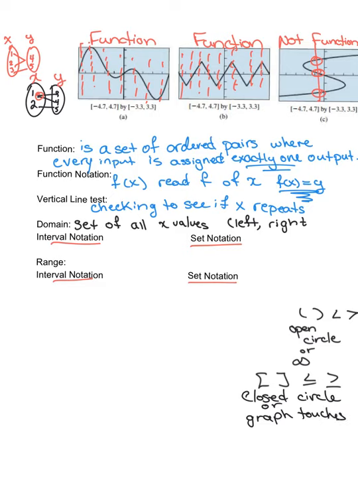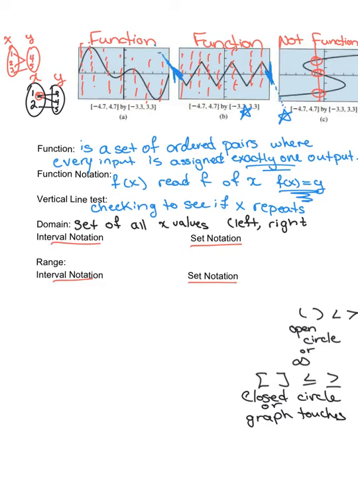Okay, so what I am going to do is look at this one and this one for interval notation and set notation. Okay, so if we look at this first one, and I was to extend these arrows, because that's what graphs do, they go on infinitely in both directions, and I was to continue this and continue this,